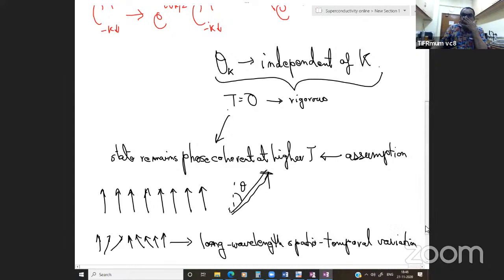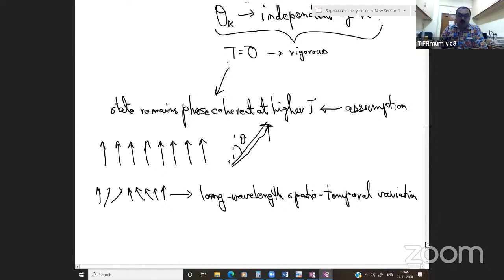And actually, we know that the phase is a degree of freedom that has a continuous symmetry. If it has a continuous symmetry, then I can excite these phase modes, very long wavelength phase modes, with very low energies, with zero energy. This is what is called a Goldstone mode. And therefore, I should always excite this phase mode.